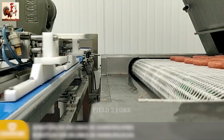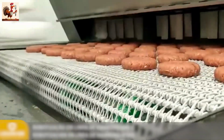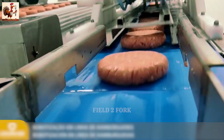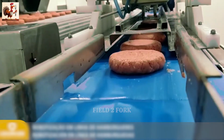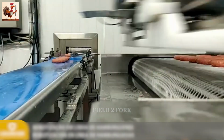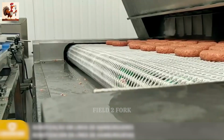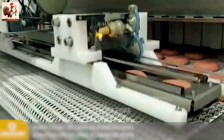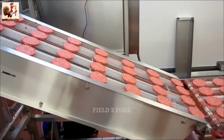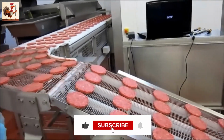The formed patties are then placed on conveyors that transport them to the next phase, which could be flash freezing or immediate packaging depending on the production line setup. Properly formed patties are crucial for providing a consistent and enjoyable eating experience for consumers. They ensure that every bite is as good as the last, delivering the perfect balance of flavor and texture. The precision and care taken during this step are what make high-quality hamburger patties stand out, ensuring they cook beautifully